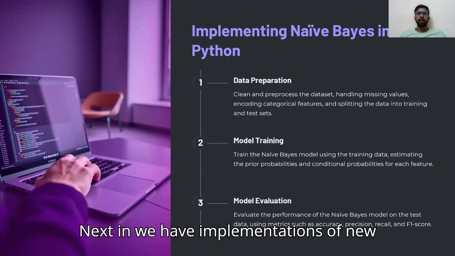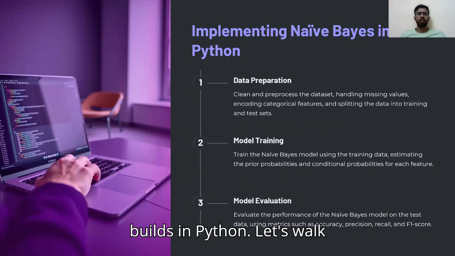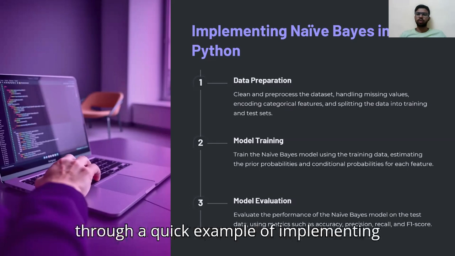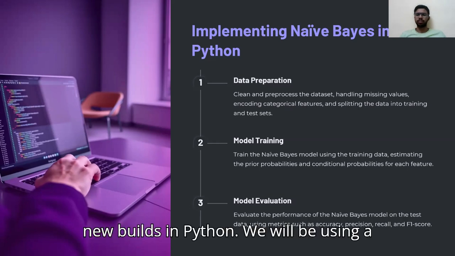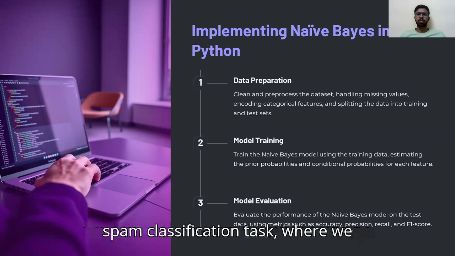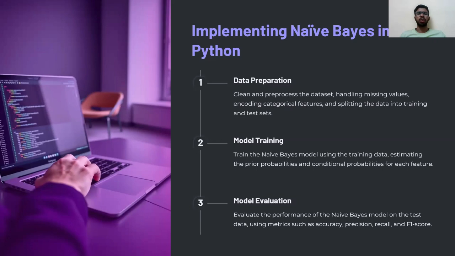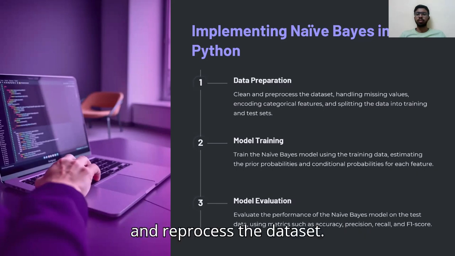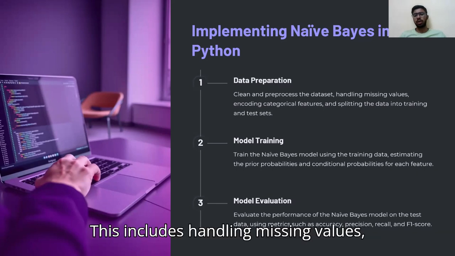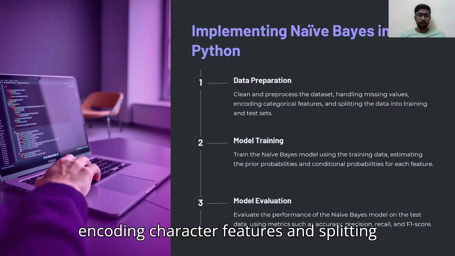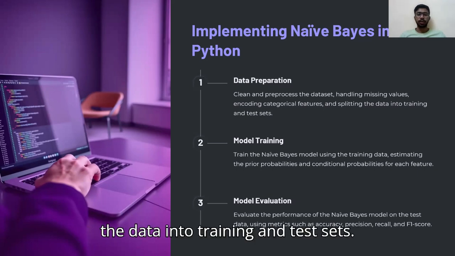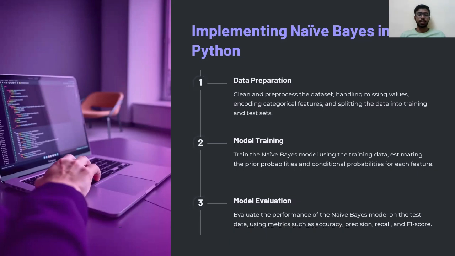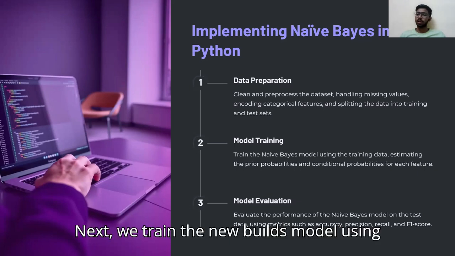Next, we have the implementation of Naive Bayes in Python. Let's walk through a quick example of implementing Naive Bayes in Python. We will be using a spam classification task where we classify emails as either spam or not. First step, data preparation. First, we need to clean and preprocess the dataset. This includes handling missing values, encoding categorical features, and splitting the data into training and test sets. Next, we train the Naive Bayes model using the training data,